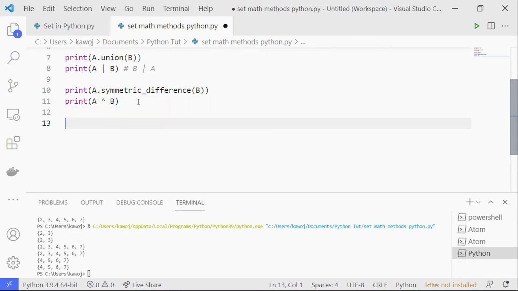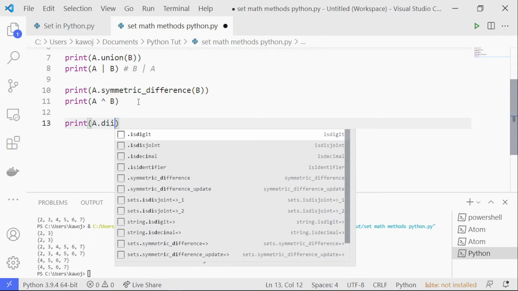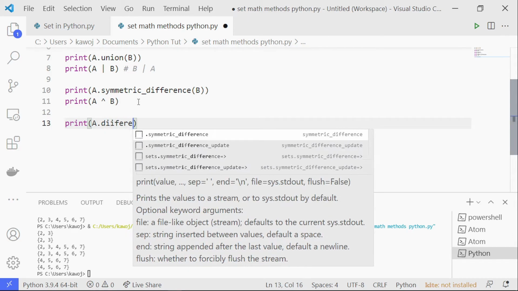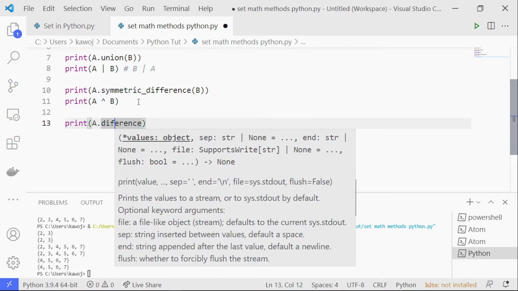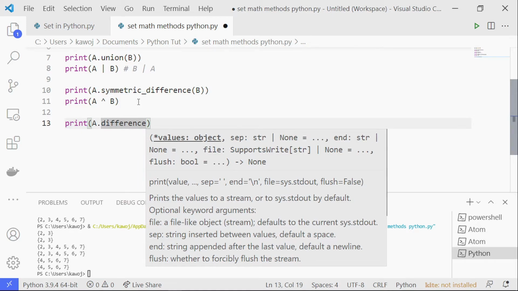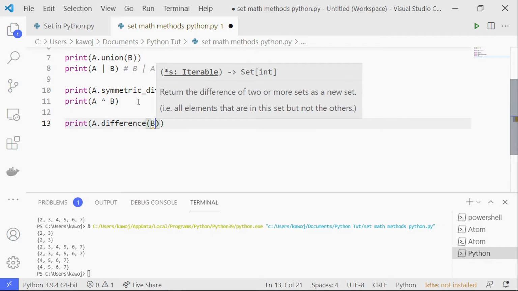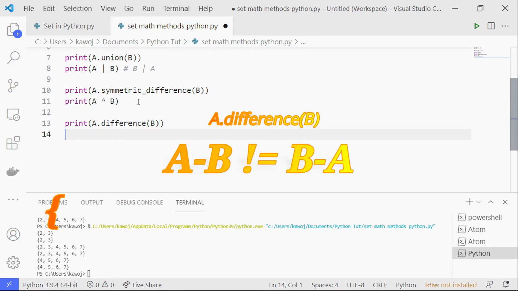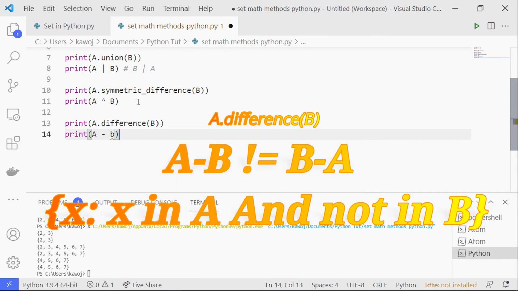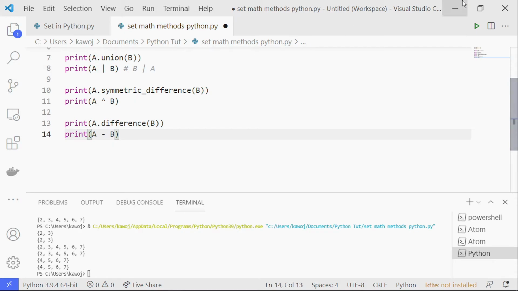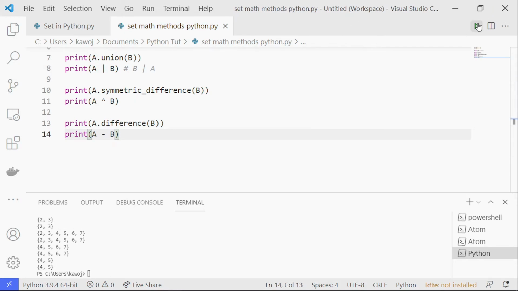Now let's move to difference. Print A dot difference. I typed two i's here. A dot difference of B, like this, which is the same thing as saying A minus B. So let me run this code. We are going to get our output as 4, 5 because